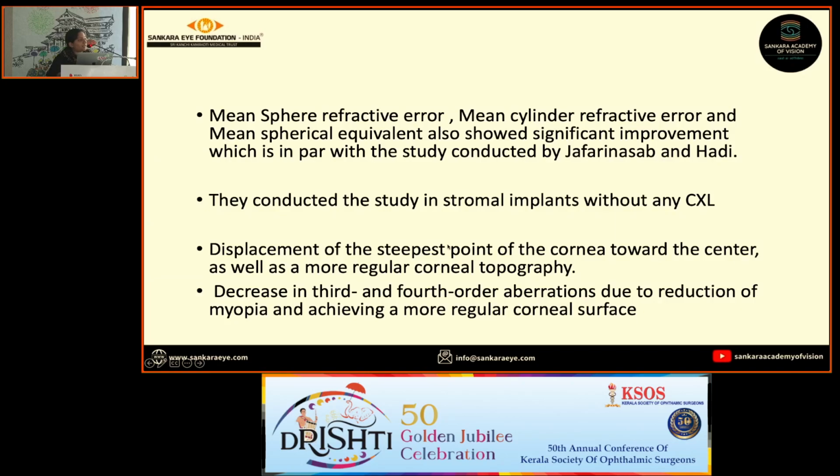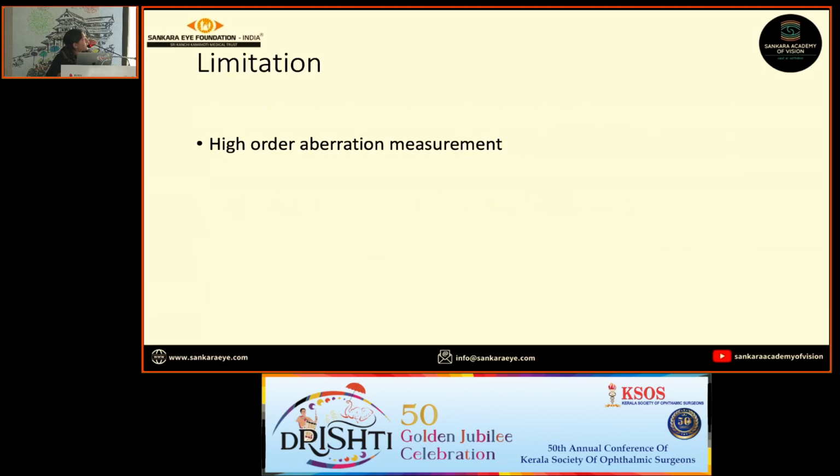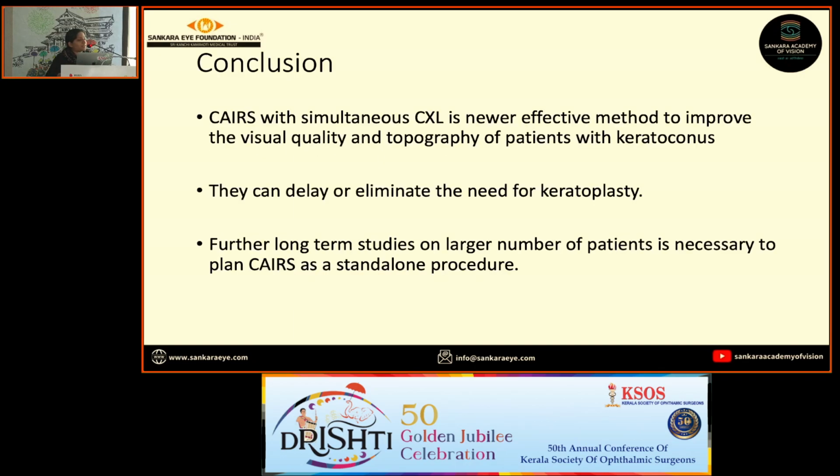Here, in that study, they didn't combine cross-linking. The two additional points they noted were displacement of the CAIRS point towards the corneal center, which improved the visual quality, as well as improvement in the third and fourth order aberration due to reduction in myopia. A limitation of our study was that we didn't include the higher order aberration. So to conclude, CAIRS with CXL is a newer modality of treatment for improving the visual quality as well as topography of patients with keratoconus. They can either eliminate or delay the need for keratoplasty. Further, long-term studies are required to plan CAIRS as a standard